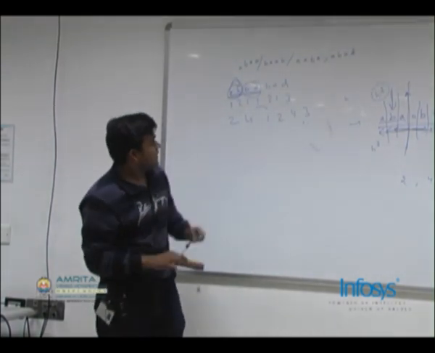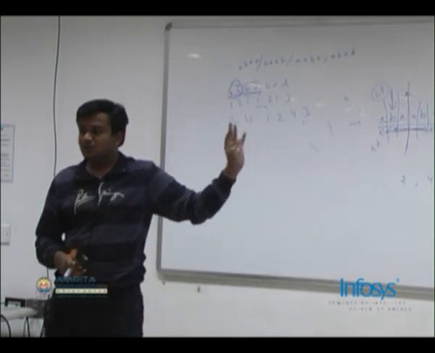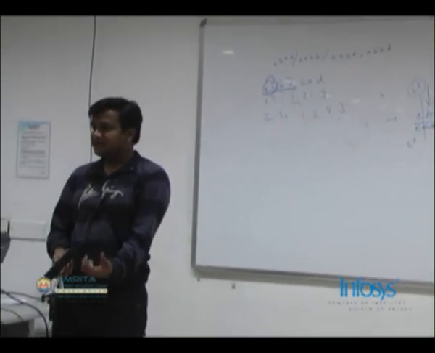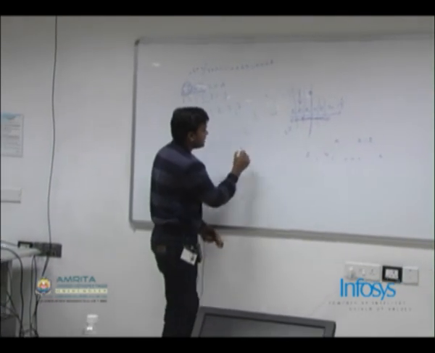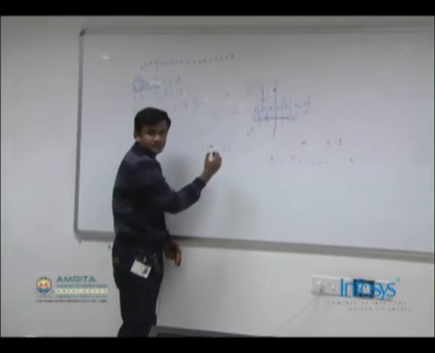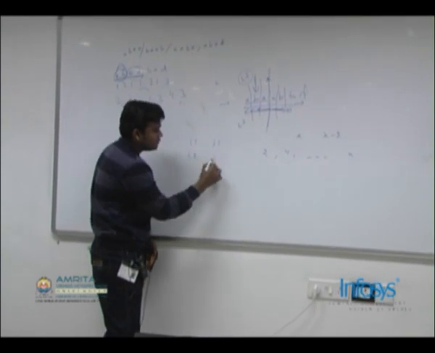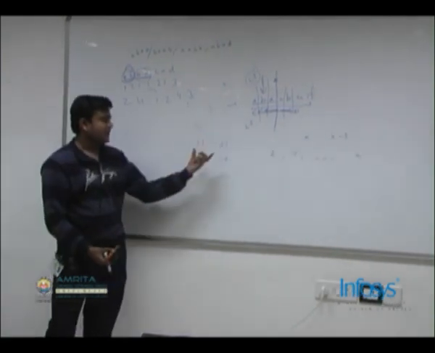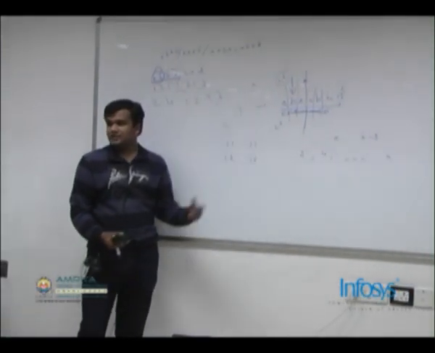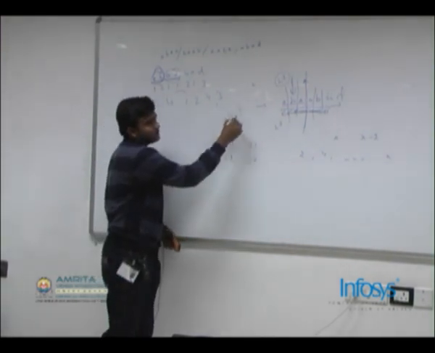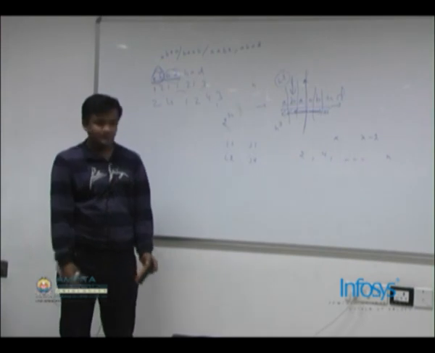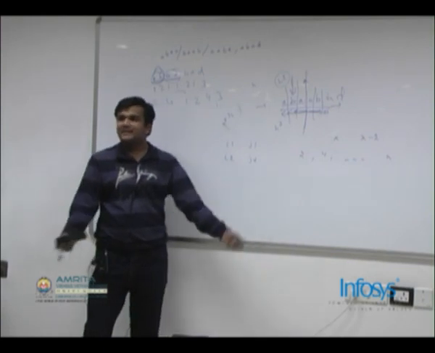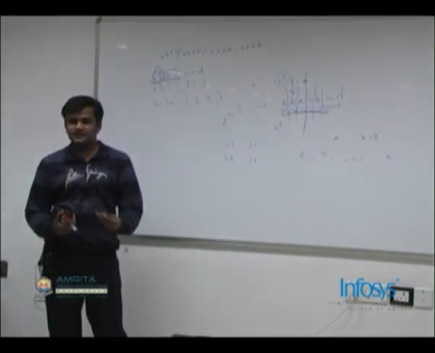Is this clear? Now suppose you have this table computed with you. If I ask you a question in the form of: are two substrings equal? A substring starting from I1 to J1 and a substring starting from I2 to J2, are they equal or not? I also give you the information that this I1 to J1 length is equal to 2 power x for some x. Obviously J1 minus I1 has to be equal to J2 minus I2, otherwise the length itself won't be equal and you can trivially say the substrings are not equal.